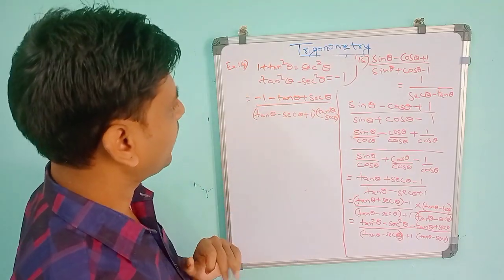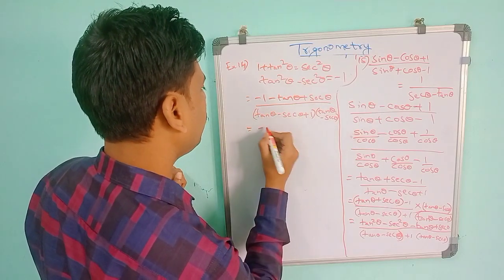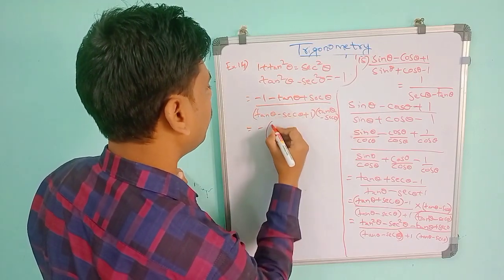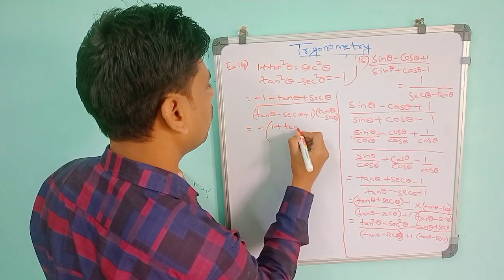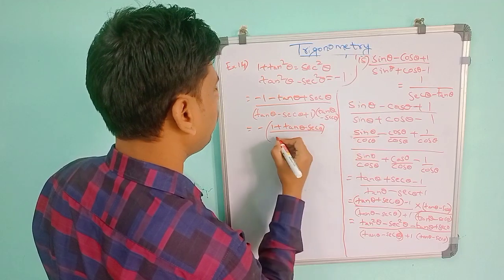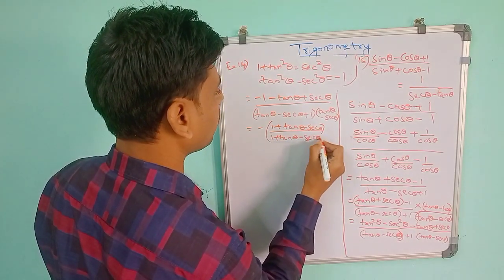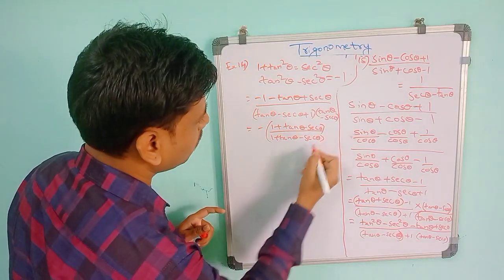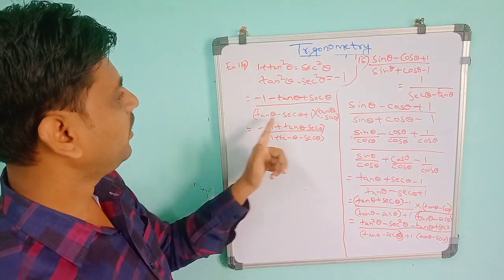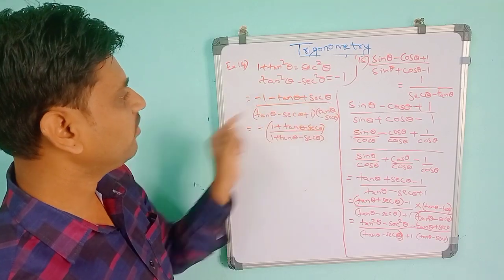So if you take minus common in this one, then it will become 1 plus tan theta minus sec theta, whole divided by 1 plus tan theta minus sec theta. So what I did, this is tan theta minus sec theta plus 1. This is also 1, tan theta, sec theta, but the only difference is